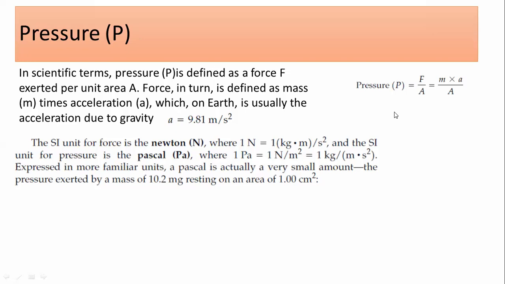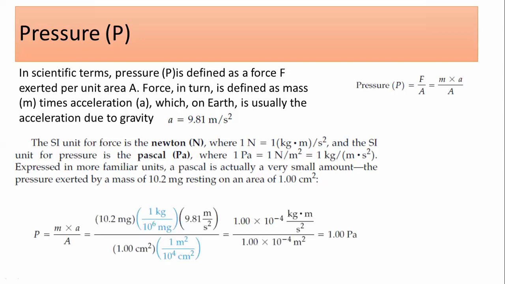So these three units are for the pressure. So look at how we can now calculate the Pascal. Again, it is easy. Don't take it too complicated. You just have to remember this formula, and this is a very simple formula we have written over here. So now we are going to calculate what is the 1 Pascal. Pressure is the mass into acceleration divided by area. So we are just putting the values over here.